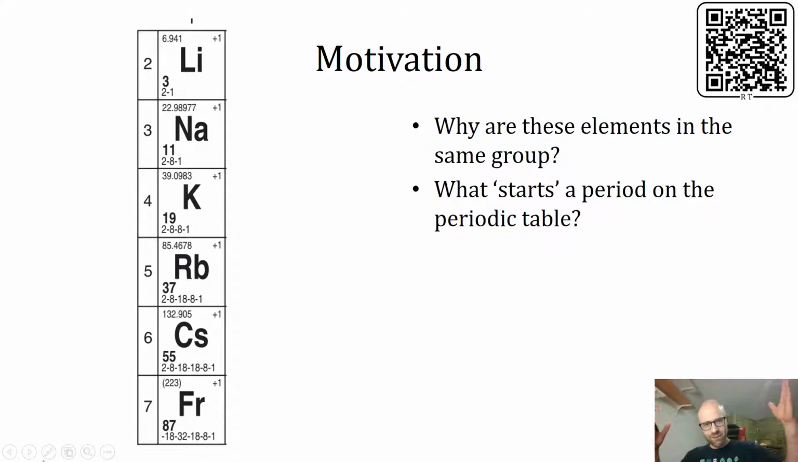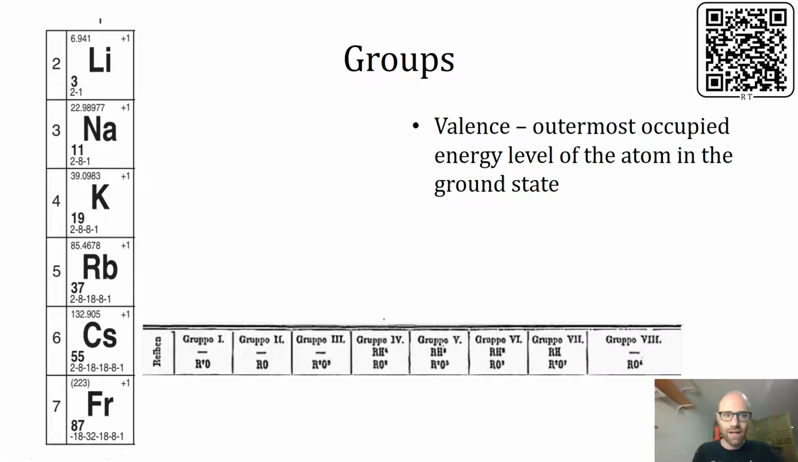So for today, I wanted to talk about these groups found in the periodic table. Why are these elements put in the same group with each other, and what starts a period on the periodic table? These questions of how this is structured. Because I know we've defined what groups and periods are, but we haven't really talked too much about the internal structure. To look at these elements from group 1, if you look at the last number in each of the